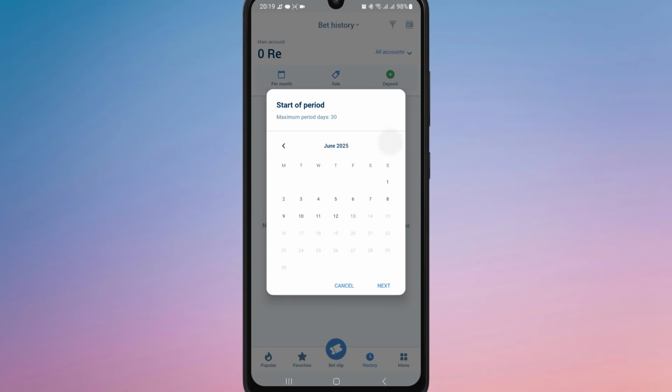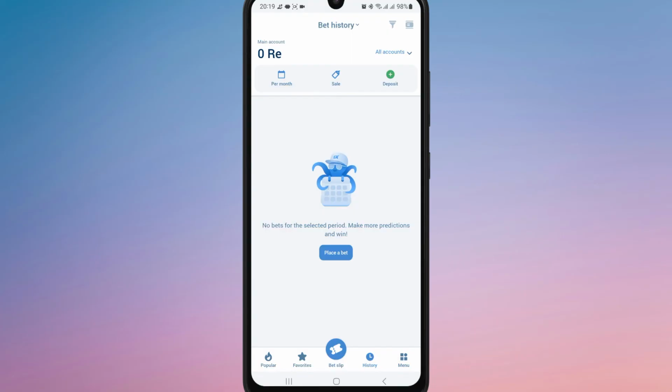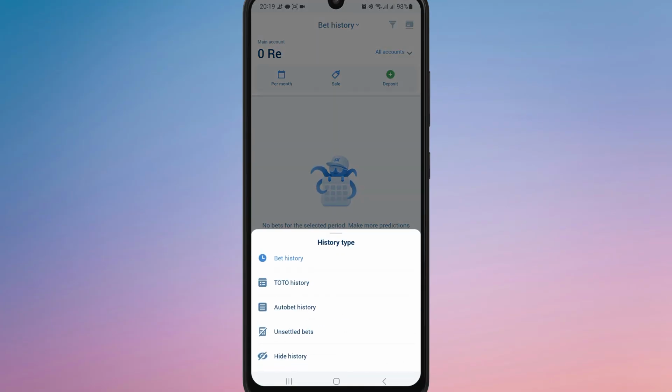If you want to check your full betting history, use the date range option usually found at the top of the page. This helps you filter bets by date, type, or status. Besides your bet history, you can also explore TOTO history, Autobet history, Unsettled Bets, and even hide your history if